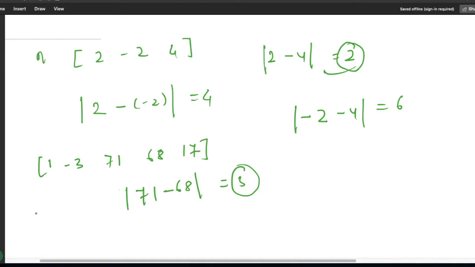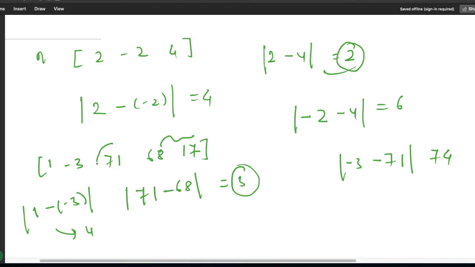Because if you try, for example, 1 minus -3, the absolute value will be 4. Again, if we try -3 minus 71, the absolute value will be 74. If you try any other pair, it will again be greater than this minimum value 3. So this is the pair which gives us the minimum value.